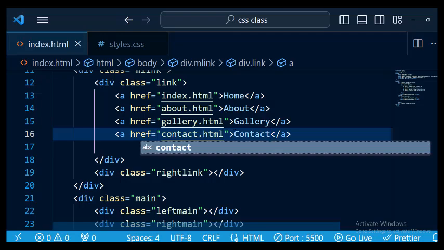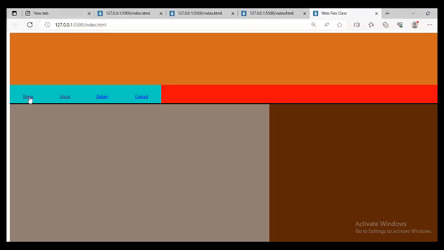So save and go to your browser. You see home, about, gallery, contact. You see how they are spaced around. The spaces are balanced. Even if I should add other links, it will give equal space among the text. Now what do I do to this? If you see the text here, underline, color blue, and so on and so forth, but I want to change